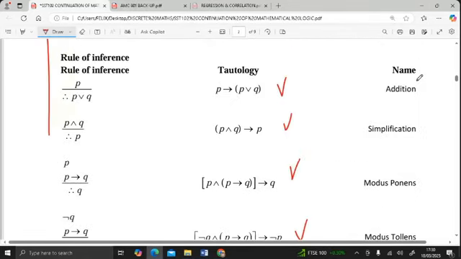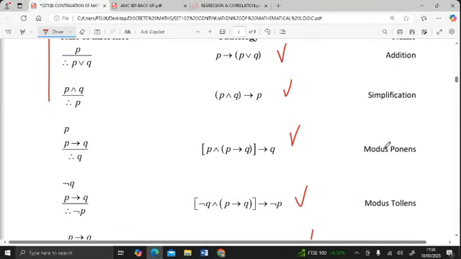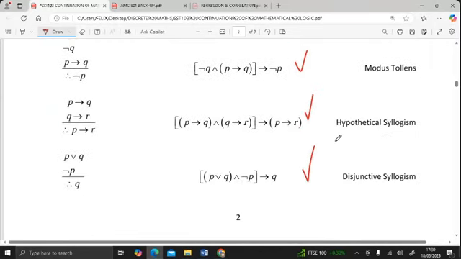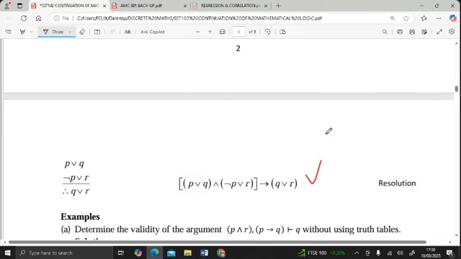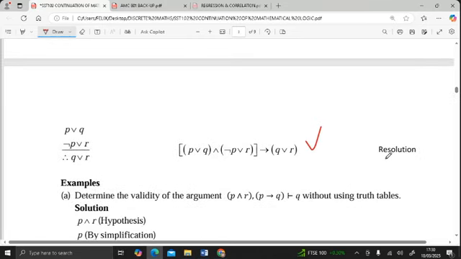Therefore, if it follows logically from a set of hypotheses, then we say that it is a valid statement. We have others that are invalid. You notice that all these are tautologies. They range from addition, simplification, modus ponens, modus tollens, hypothetical syllogism, disjunctive syllogism, all the way to